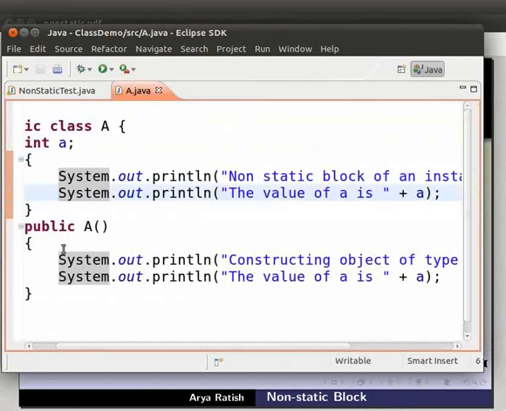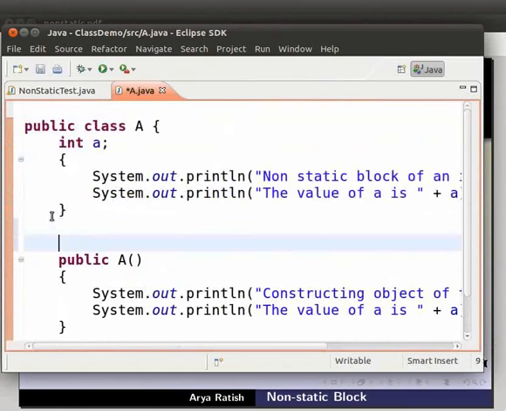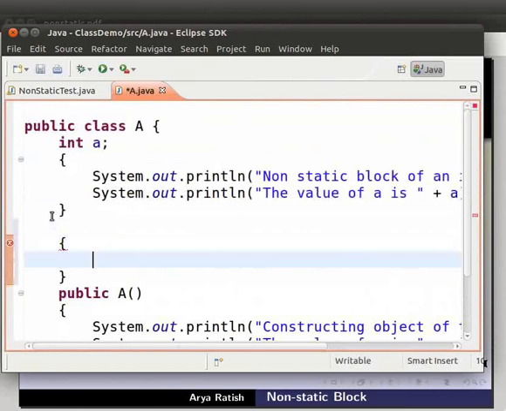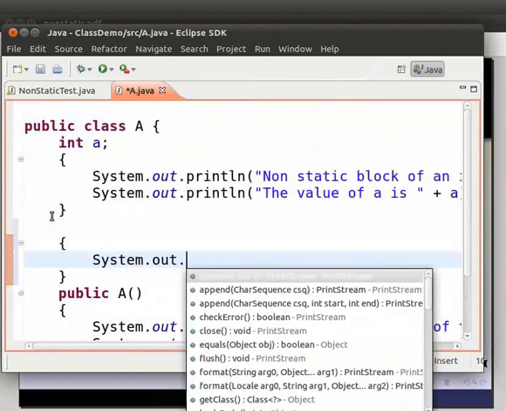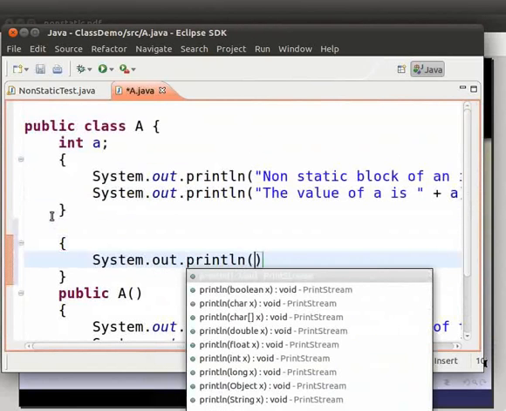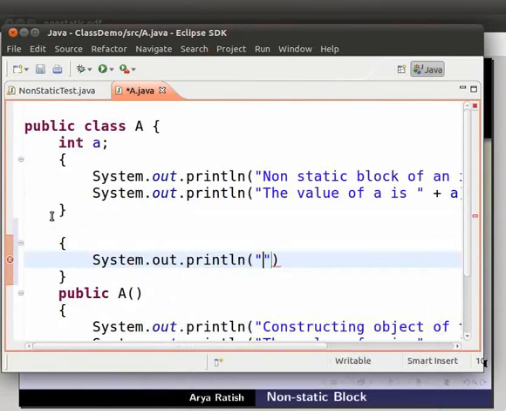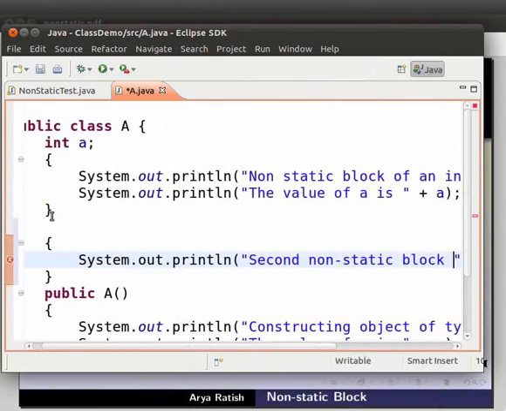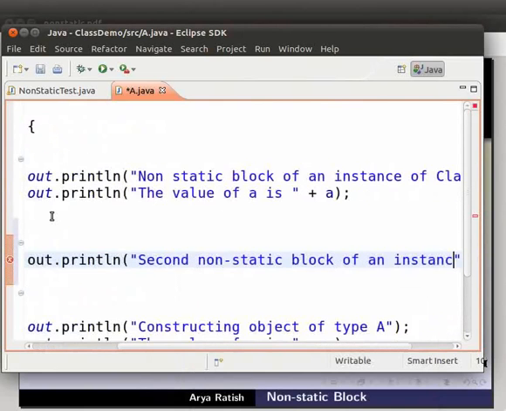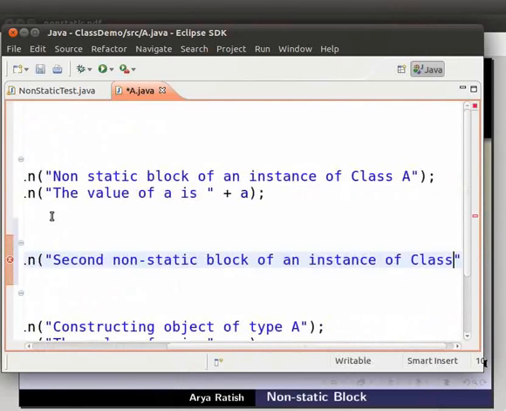Include one more block after the first one in class A. So again type inside curly brackets system.out.println within brackets and double quotes second non-static block of an instance of class A